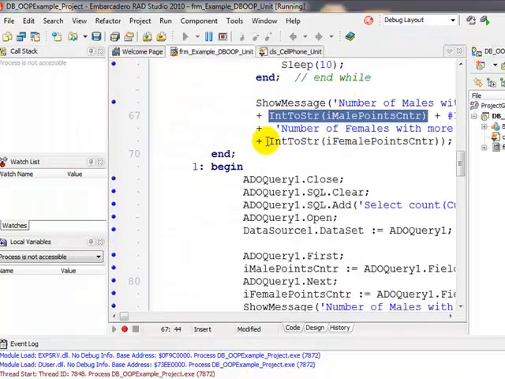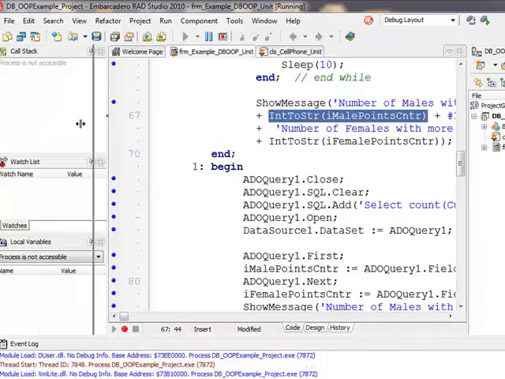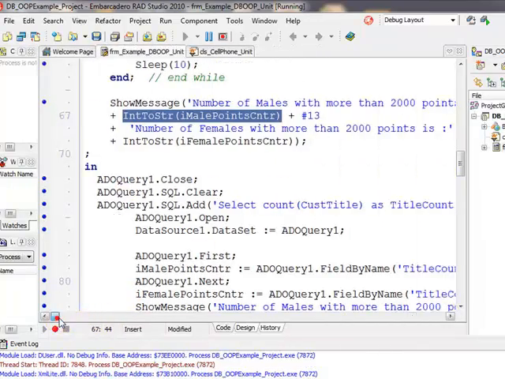This code is very nice. So if we have a look, if we select a query, we close a query, we add a nice query statement to it, we clear it,